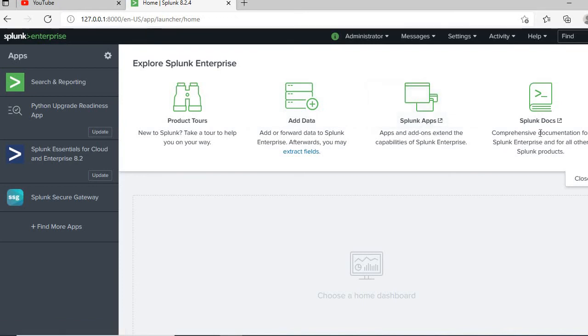And the last option is Splunk Docs, which is very, very important. This is from Splunk itself. This is the official website from Splunk, because they have created this to provide all the documents for your help. Let's say you are working in real time, or you are stuck on some work and did not get any solution.